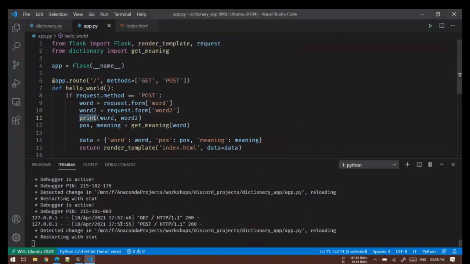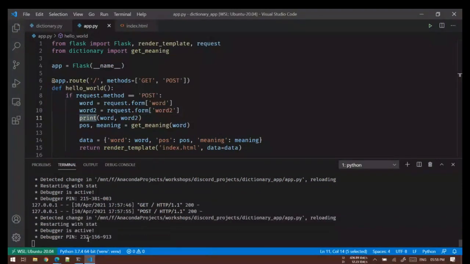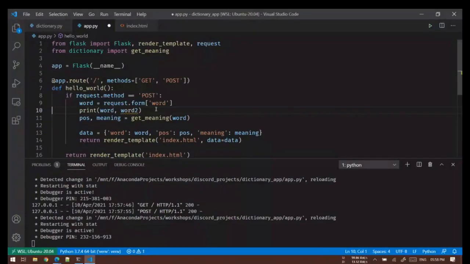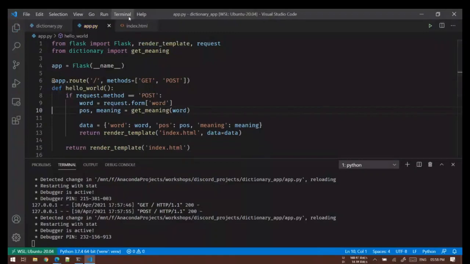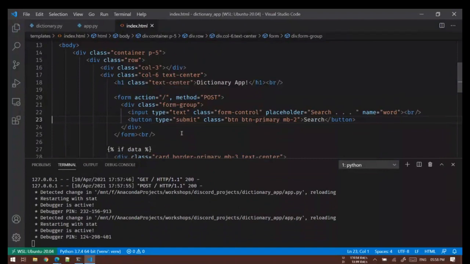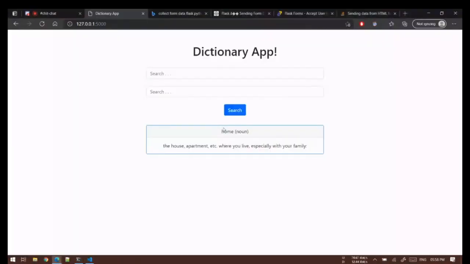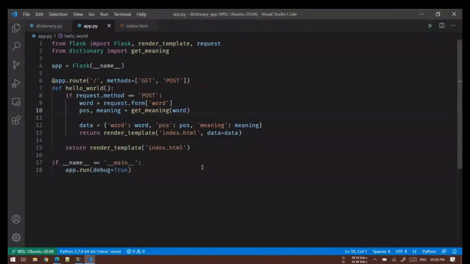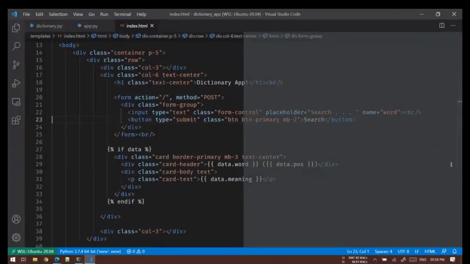So this print statement will print the output here in standard output. Okay. So I'll remove these things. So is everyone clear with this part? Yes.